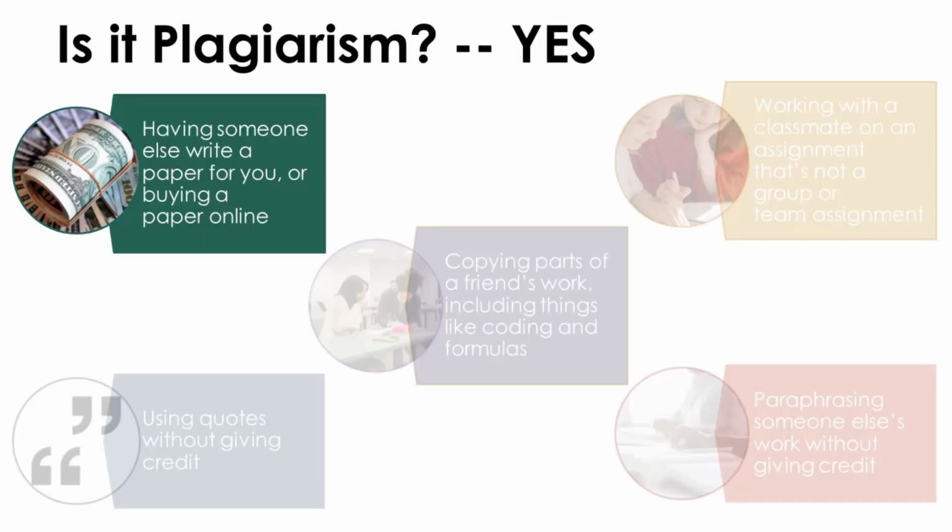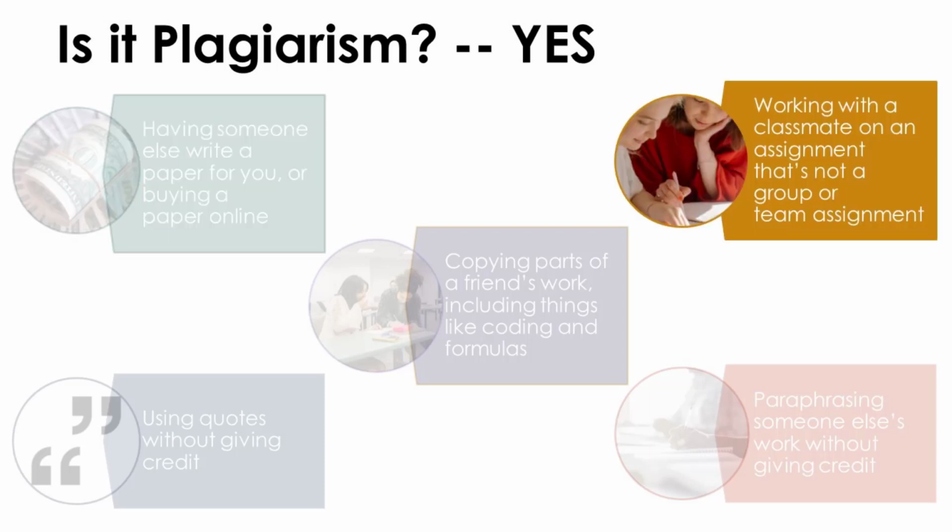For this first example, most students recognize that this is plagiarism. As stated in the first video lesson, professors and instructors expect your work and not someone else's. This second example isn't as clear. It is plagiarism if each of you write or create different parts of the assignment and then combine your work to hand it in individually. It is plagiarism because you aren't citing the other person's work, and it's an extra layer of cheating because the assignment